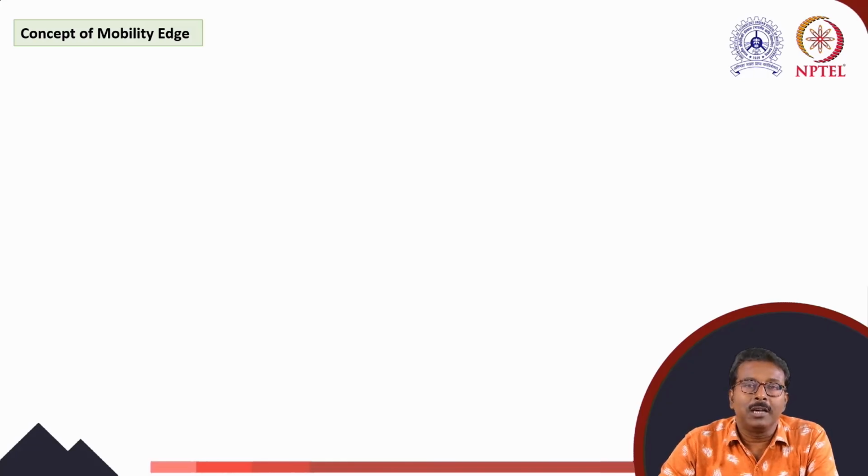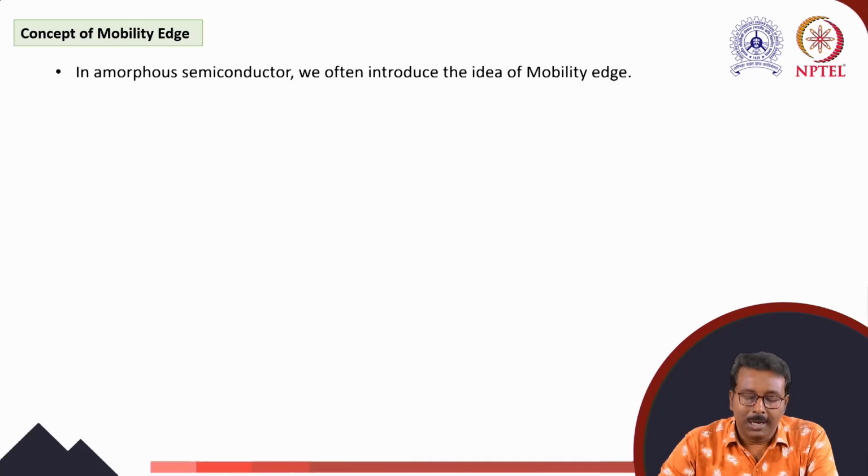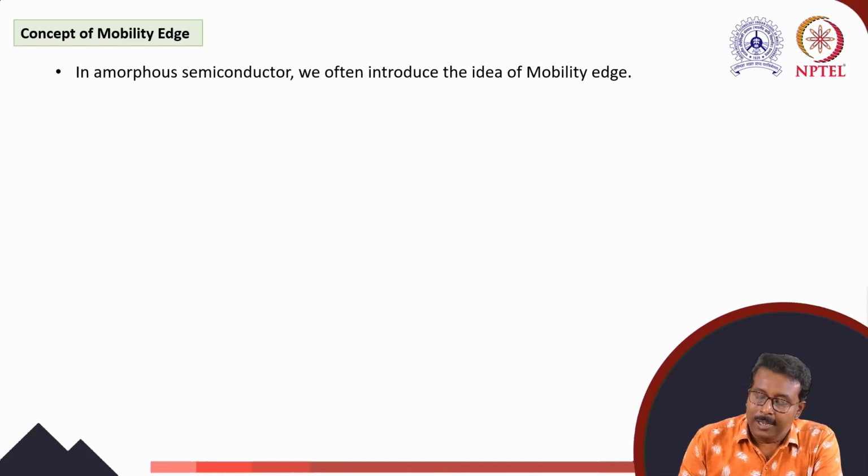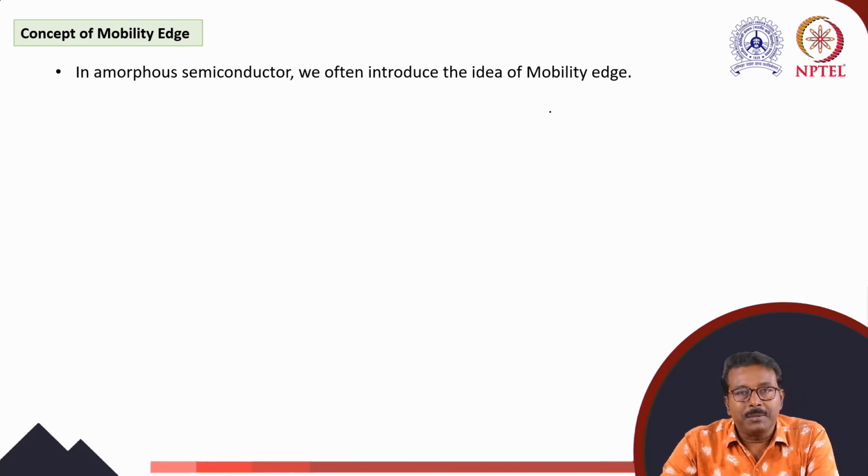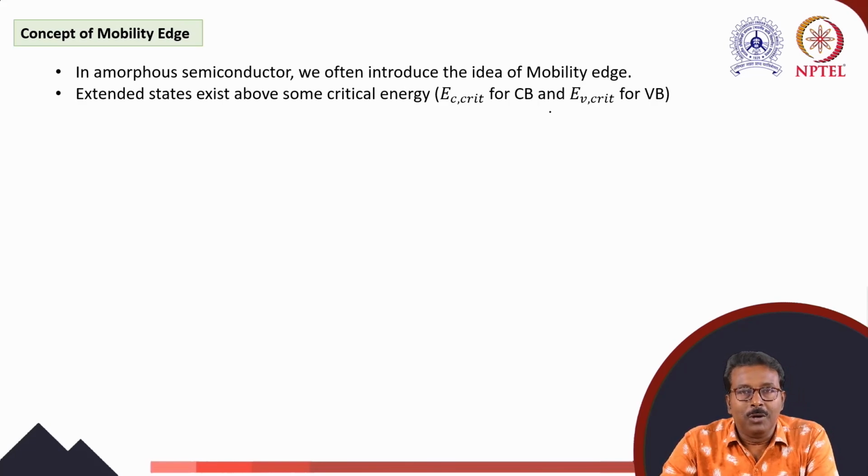This is the conduction edge, also called the mobility edge, because mobility is associated with the drift velocity of the material. So that's why the mobility edge concept is introduced. And the mobility edge for an amorphous material will be